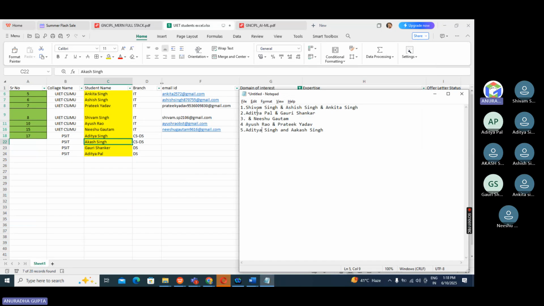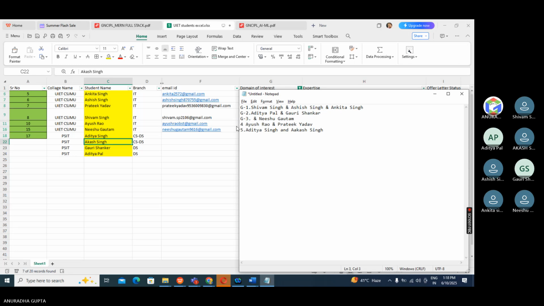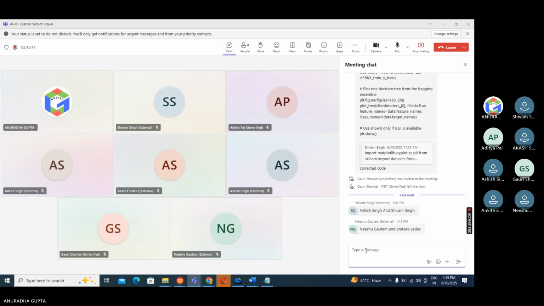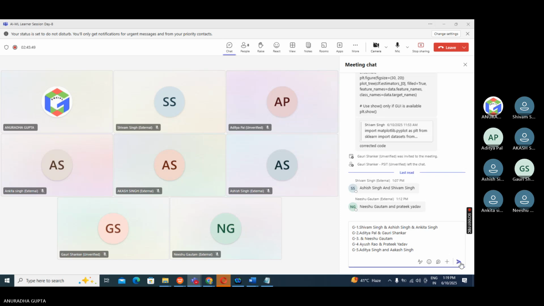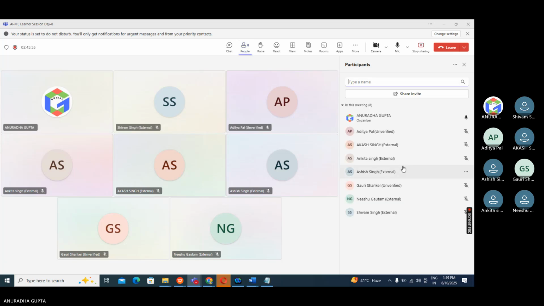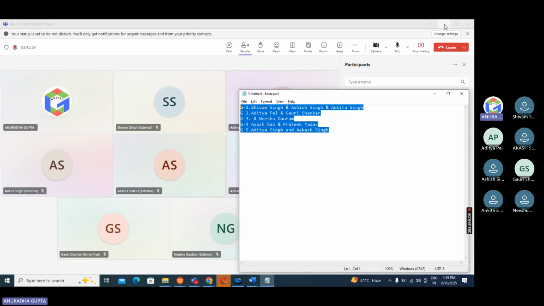Fine, so these are the groups. So there are five groups basically, and we have covered everyone.